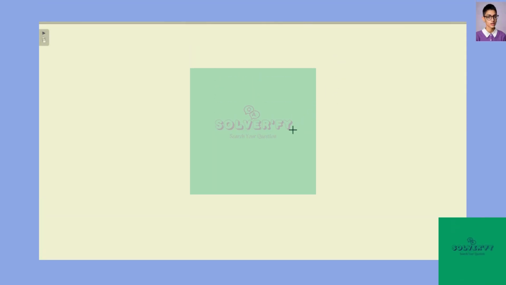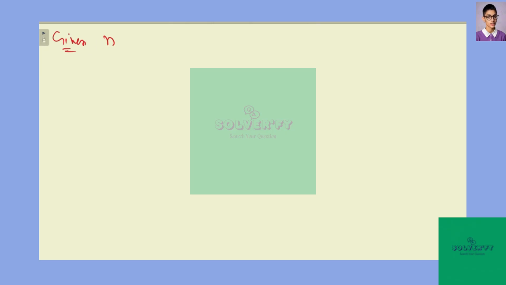In this question, we are given a block on an inclined plane and another block that is hanging, and we are given the values of both the masses. Now we have to find the acceleration of both masses. So first of all, I am writing the given data for this question.